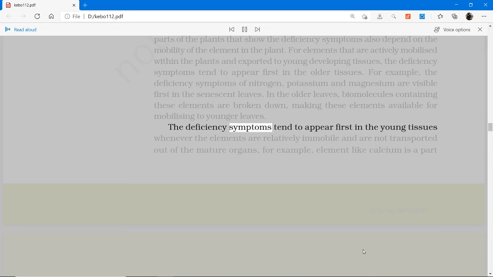The deficiency symptoms tend to appear first in the young tissues whenever the elements are relatively immobile and are not transported out of the mature organs. For example, an element like calcium is a part